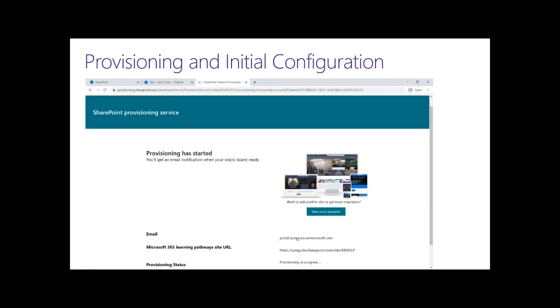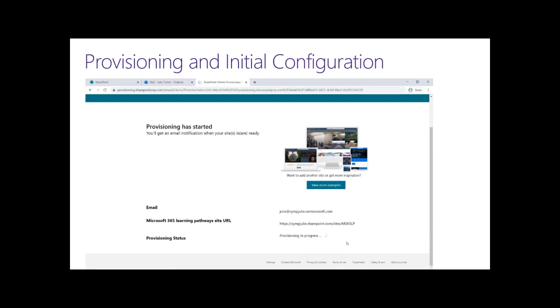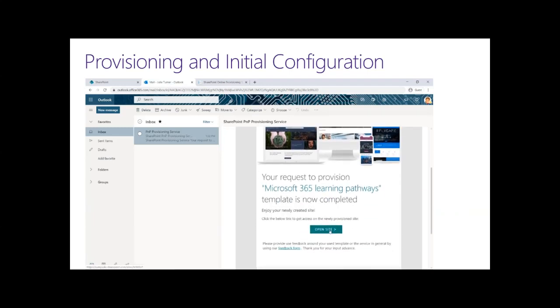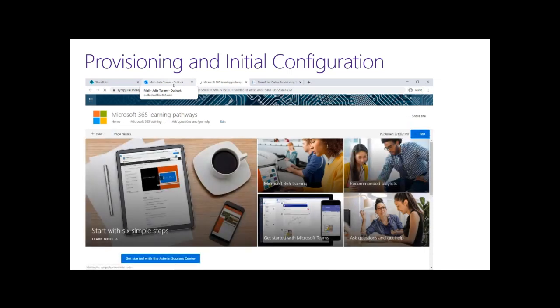It's going to tell you the provisioning has started. And then it's going to show you that it will send you an email to the email address you provided when the provisioning is complete. So you can sit on this page and watch the provisioning happen, or you can just close the browser down and move on and wait till you get the email at your email address. So when it's all complete, if I come over to my mail, I can see that I got the email and I have a button to open the site. So once I open the site, then we can see the fully provisioned Learning Pathways site with all the templated